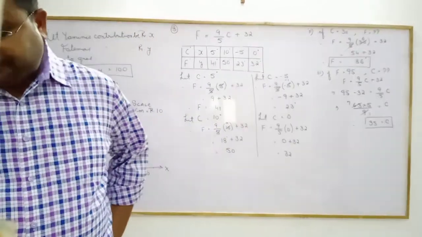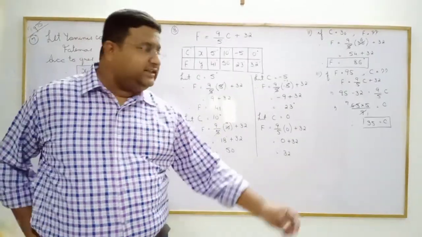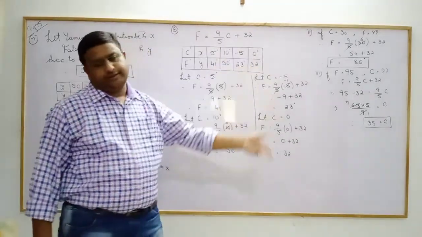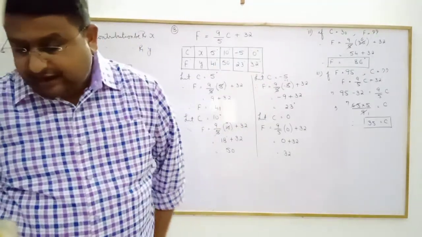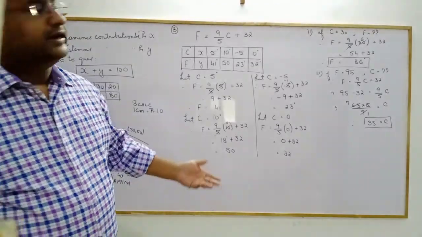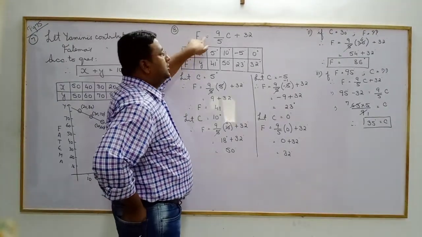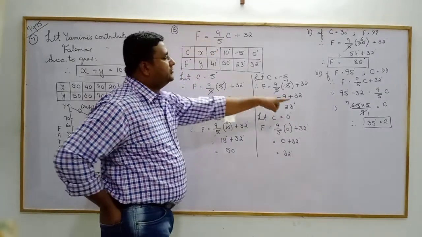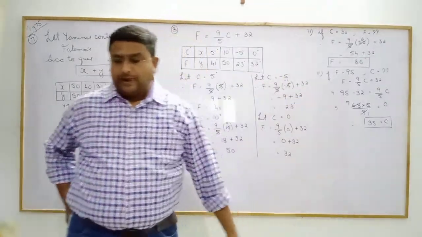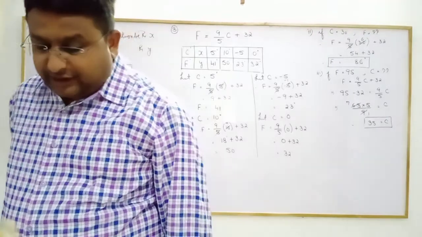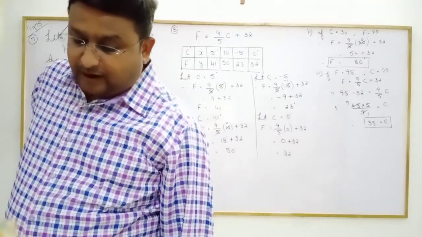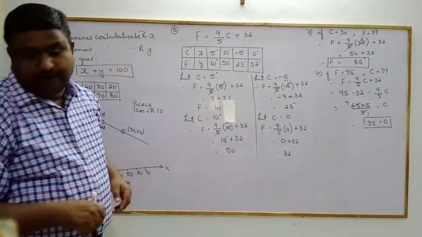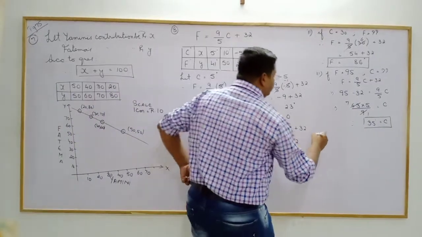Fourth part: if the temperature is 0 degrees Celsius, we have already calculated that degree Fahrenheit is 32. Then he says if the Fahrenheit is 0 degrees, find the temperature. Plus 32 comes over here as minus 32. 5 and 9 will be transposed, same as over here. You will get it in degrees Celsius. He says, is there a temperature which is numerically the same in both Fahrenheit and Celsius? If yes, find it.